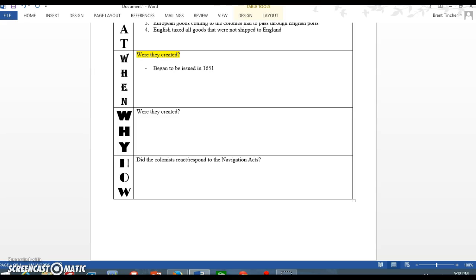With that, what I need you to do now is, using the textbook, go on and fill in notes for why and how for the Navigation Acts, and then after that, you're ready to move on to another